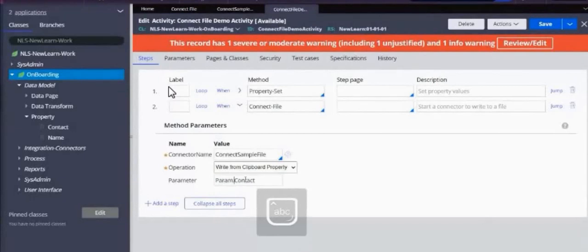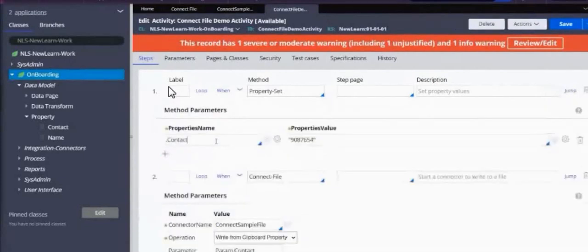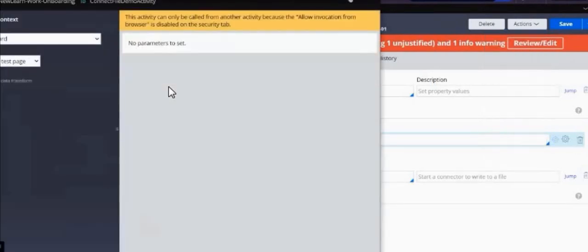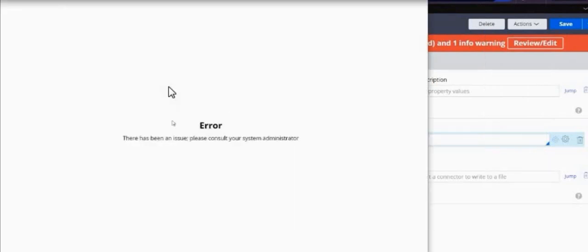Here I should actually give dot contact, but instead I'm giving param dot contact. But we will change this property set also, save this, and do action and run. Already I opened the file which was created, so that's why I am seeing the error.